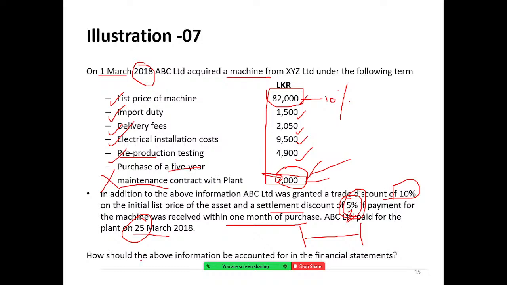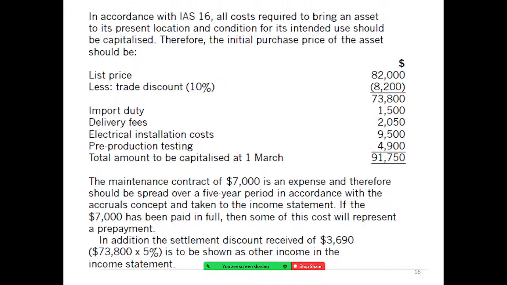How should the above information be accounted for in the financial statements? In accordance with LKAS 16, all costs required to bring an asset to its present location and conditions for its intended use should be capitalized. Therefore, the initial purchase price of the asset is the list price of 82,000, from which we deduct the 10% trade discount, which is 8,200. Therefore the cash price is 73,800. So we have to include import duty, delivery fees,